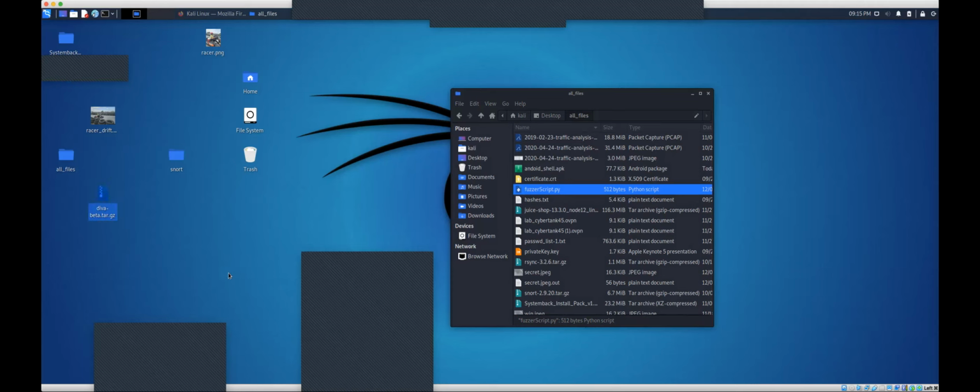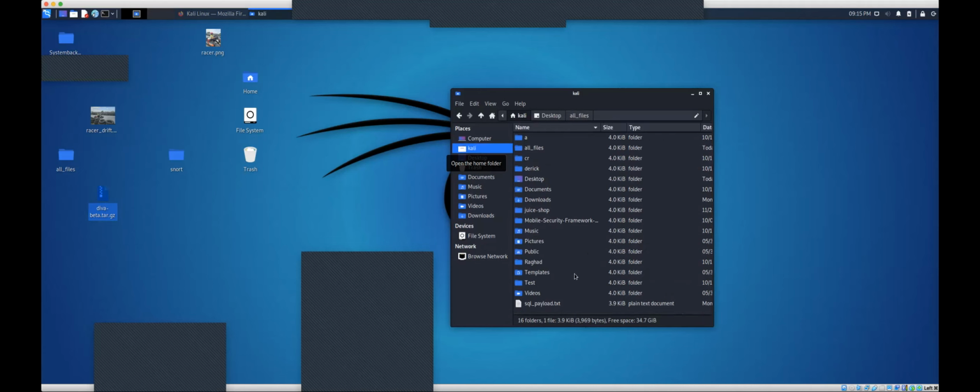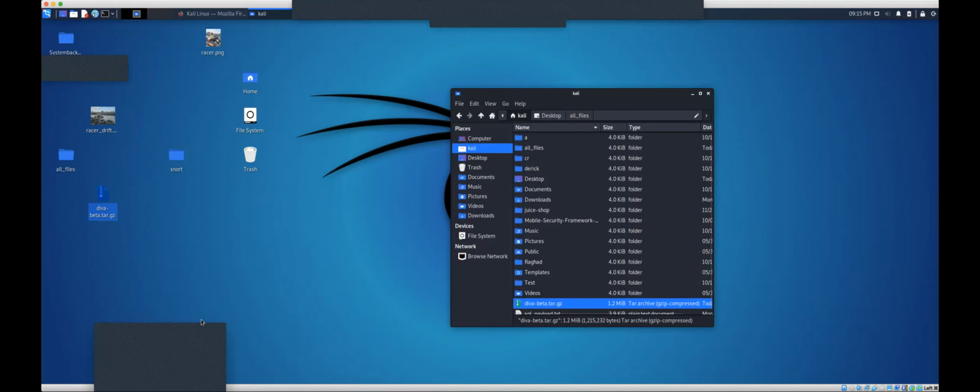Yep, so this is the file we need, diva.beta.tar.gz. Take it to my Kali folder. Paste. All right, it's there. So whatever you download would be like that, the Diva is a tar.gz file, right? So tar is technically like a zipped file. So to unzip it, we need to use